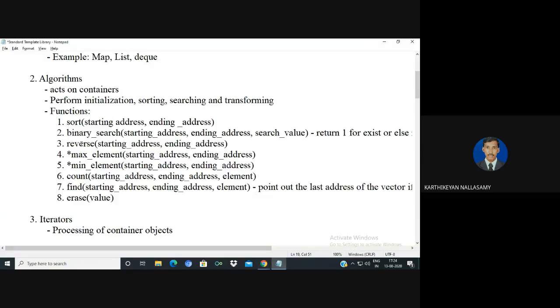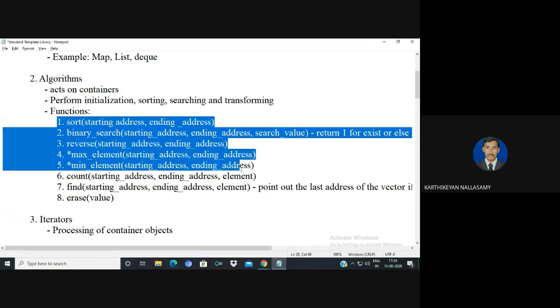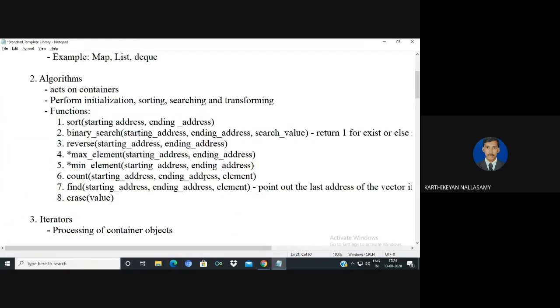Okay, so this is the way we need to process some of the basic functions in algorithms. Also there is a method called count. Count is a method to identify how many of a particular element are present in that array. In the same way there is a function called find for searching, and a function called erase. Erase also we have to call using the starting address, ending address, and a value. With the help of that we can calculate. So these are some different kinds of algorithms we have to work on containers.